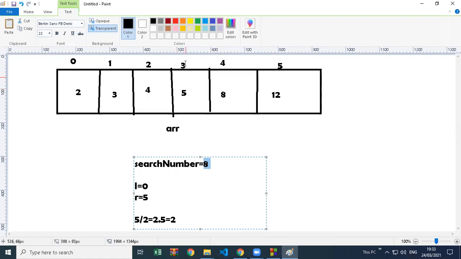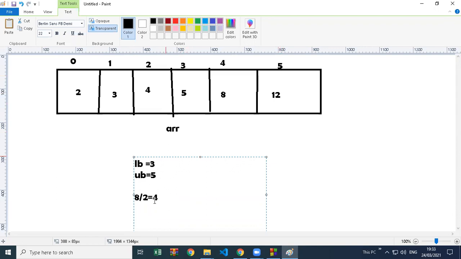So on the right hand side you will now take this 3. The right hand side of that number is 3 now. So the lower bound, LB, is 3 now, and UB means upper bound. You can take any name: left, right, lower bound, upper bound. So now the lower bound is 3, upper bound is 5, same. So 3 plus 5 is 8. 8 divided by 2 is equal to 4.